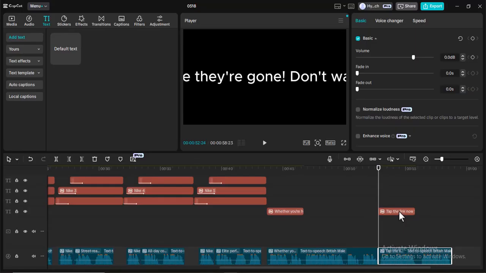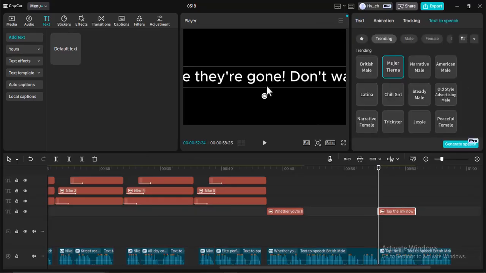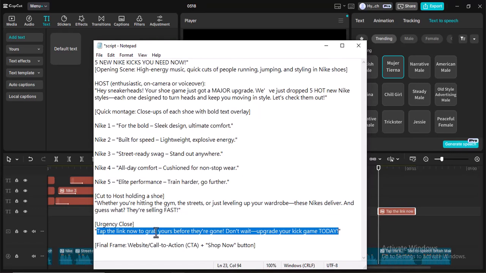So this is the text. We are going to use this text, but we are going to do it another way. I'll delete this and add the voiceover, the caption later. So we are going to use that as a caption, but we are not going to use this text element itself. Alright, so after adding that, the next thing we need to do,